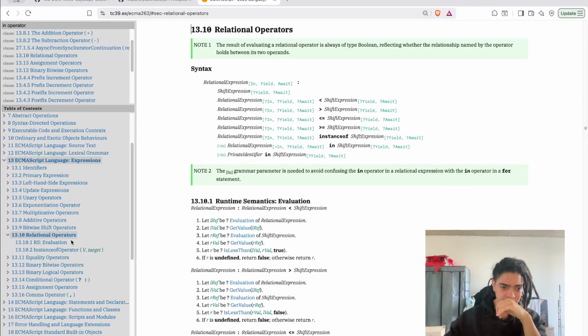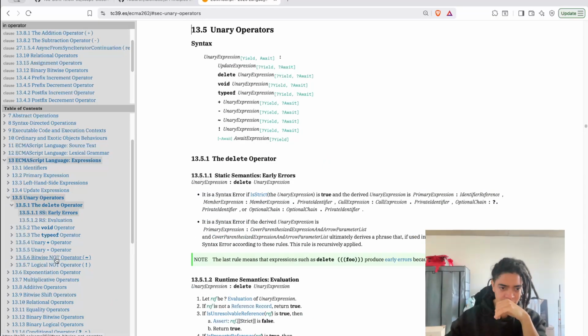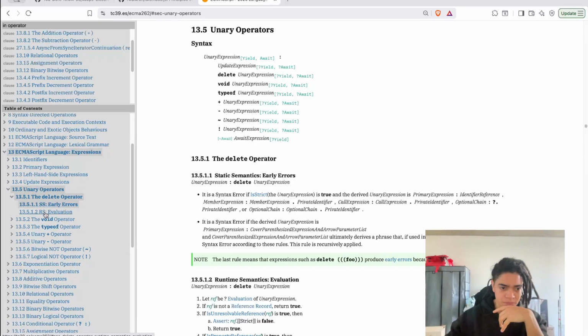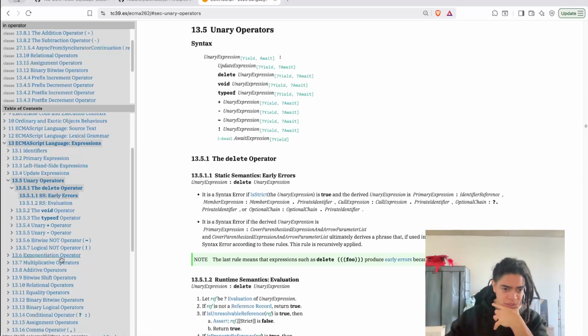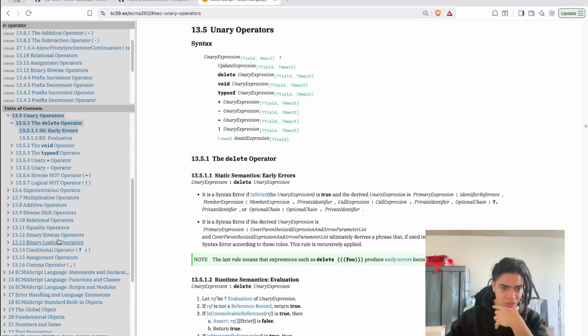I do think it is relational unary operators. Holy hell. Exponential, multiplicative, bitwise, relational operators, equality operators, binary bitwise, conditional, assignment operators,